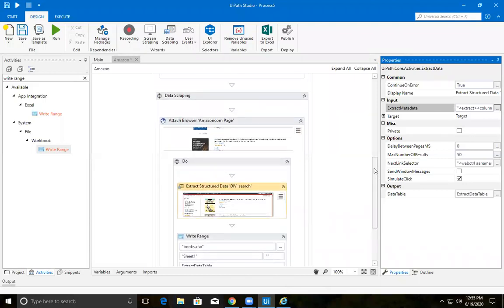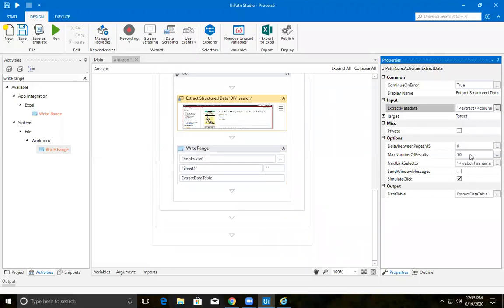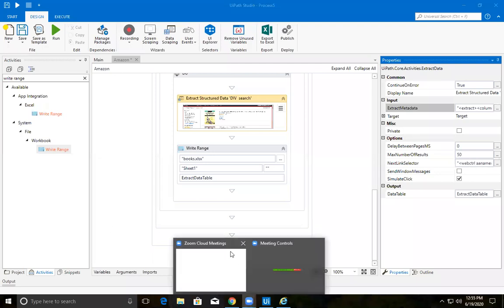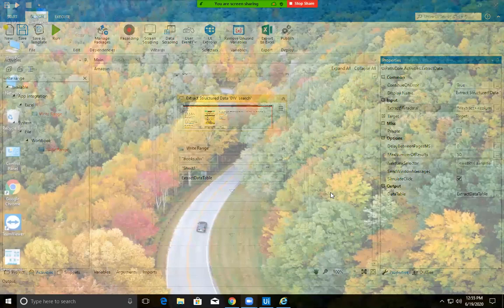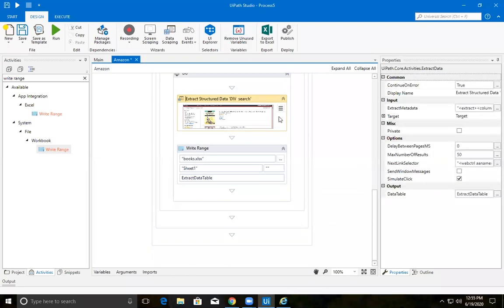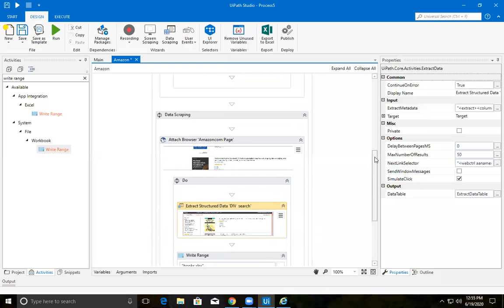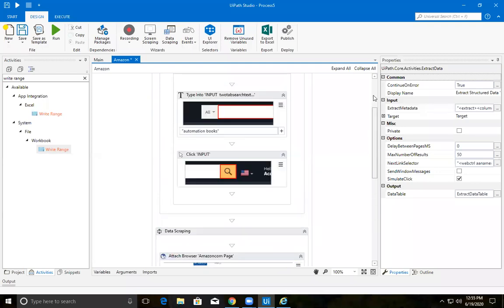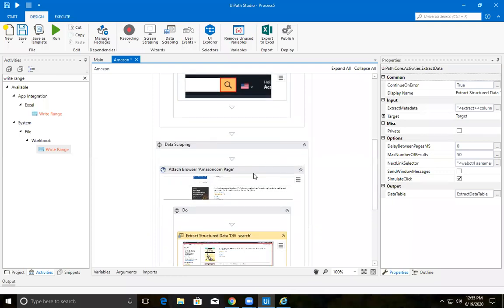Sir, I have a doubt. You have written maximum number of results as 50. Are those the page numbers or the number of books we want? Number of book names. For no one it worked. Given no delay, it worked perfectly. Where have you given, Pawan? Can you tell me? I've given no delay at every place.